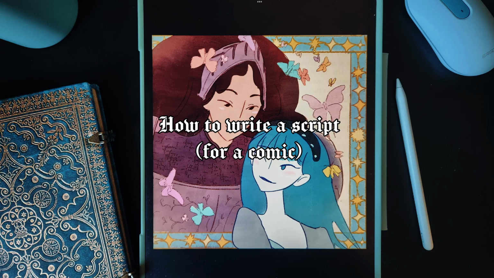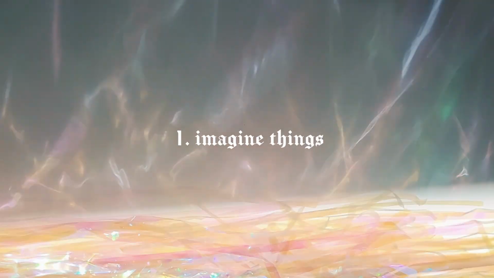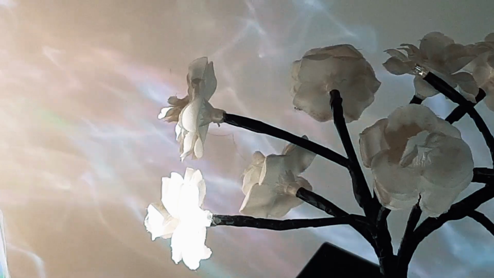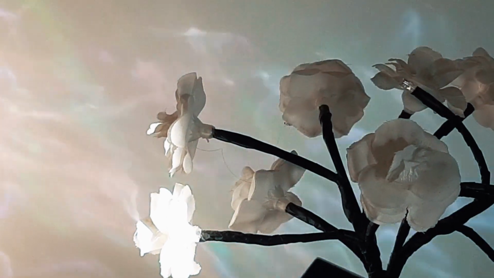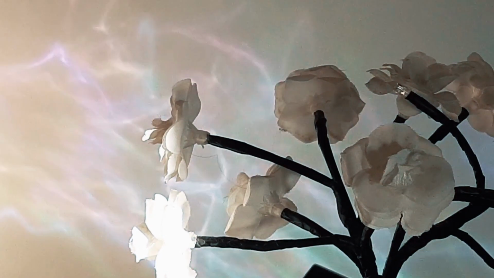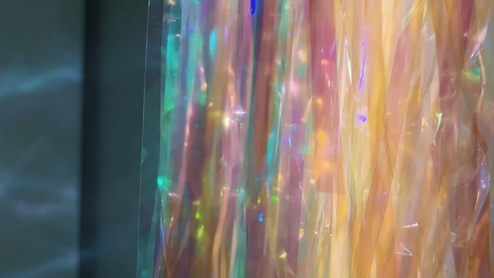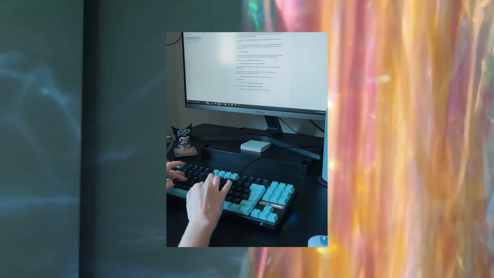But how do I transform a loose idea like princess story into a script? First, I fantasize a lot about the story. I feel it out in my head and make it look really cool, much cooler than the end result will probably ever be. And if those images in my head really excite me for longer than a week, I decide to start writing it down.